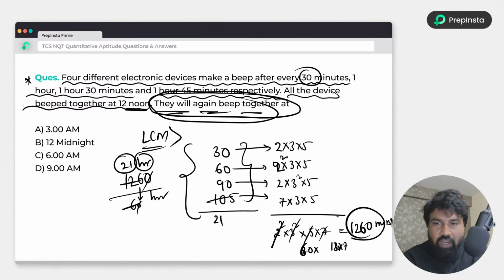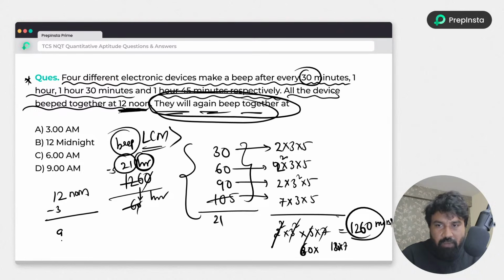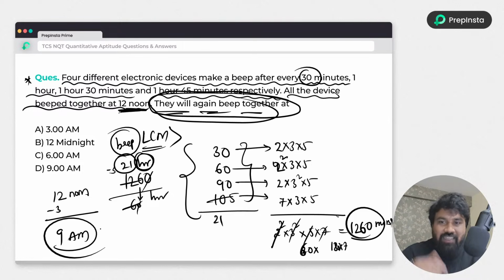So after 21 hours, they will again keep together. So 21 hours, right? So 12 noon. 12 noon means afternoon. After 24 hours, again 12 afternoon. But if I take 4 hours, 3 hours less, it will be 9 a.m., right? So next day 9 a.m. So answer is